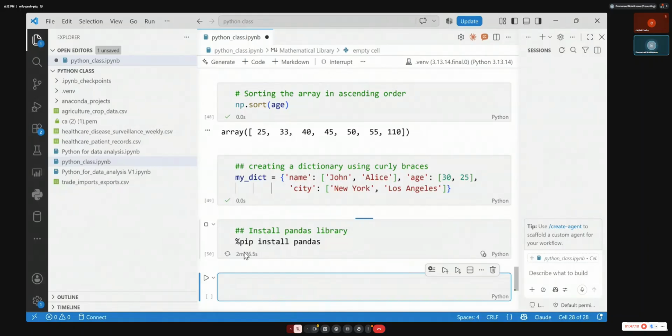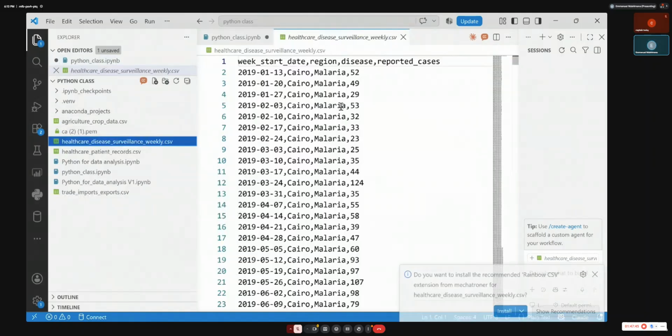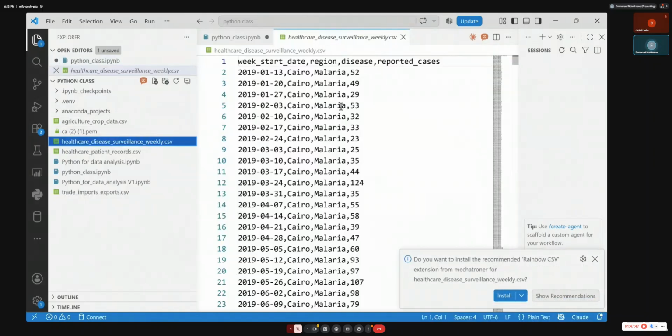Comma separates the values. But if you open a file, can you tell that this is comma, this is CSV? With comma after every value, so that's the meaning: comma separated values. If I open this file, see how it looks. It means every value has a comma. One value, comma, one value, comma. The delimiter is comma. So it's comma separated values.